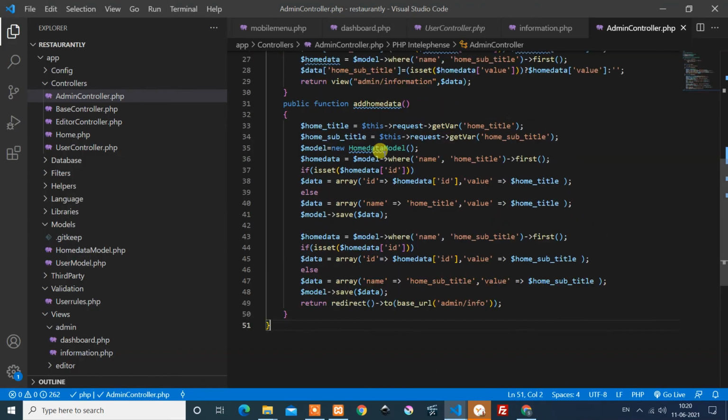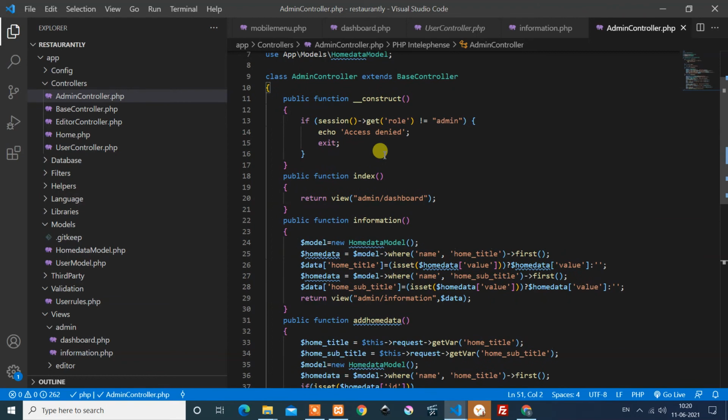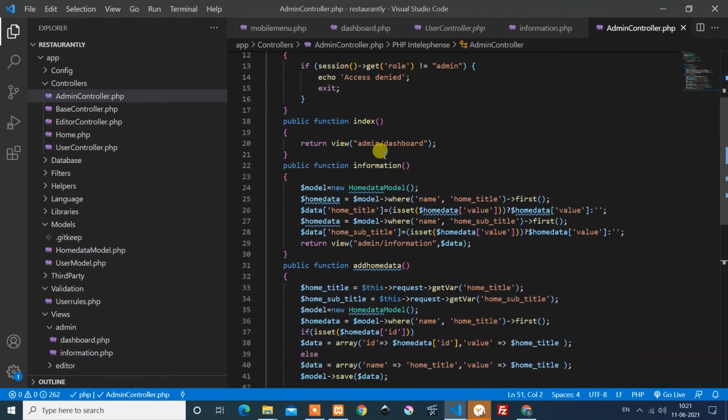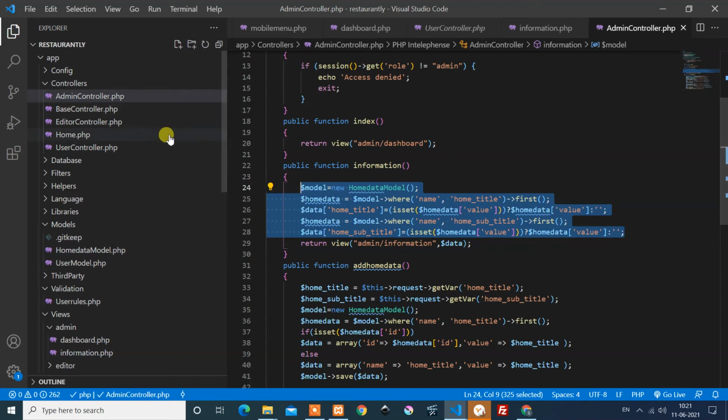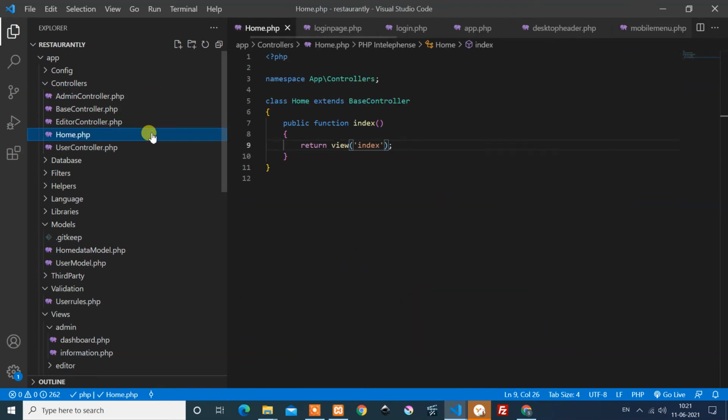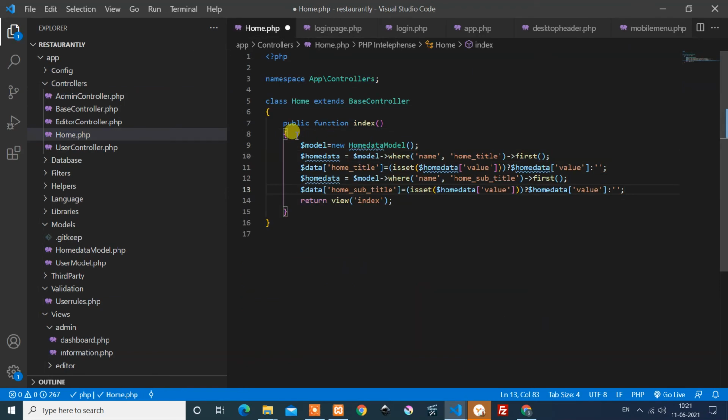Okay, so it's simple. Just like we have passed the value to that view, information view from this. So I copy this entirely, and pass this data to that front end view. For the front end we are using the home controller and this is our index, and I pass this data to that index view. Okay, and using the same variable name we can